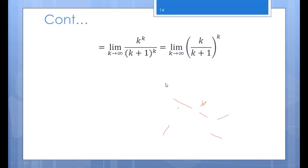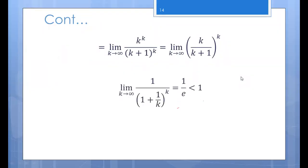Then this is equivalent to, taking k as a common exponent for both the numerator and the denominator, the limit of k over k plus 1, to the power of k. Therefore, if we divide both the numerator and the denominator of this fraction by k, we have k over k, which is 1, over k over k, which is again 1, plus 1 over k, all to the power of k. This is equal to 1 over 1 plus 1 over k to the power of k,